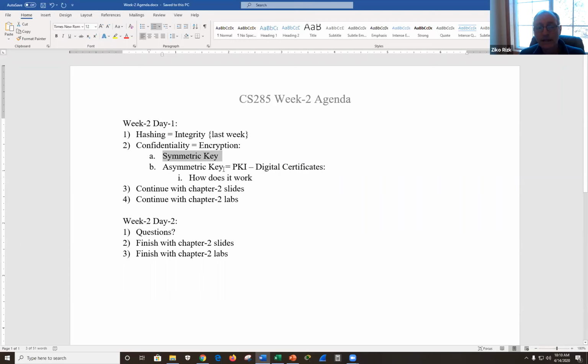And asymmetric requires a digital certificate. And when a computer creates a digital certificate, they always create two keys. And this is really important. They create a private key, and just like it says, it's private. This is for you to keep, for the enterprise to keep and not share with anybody. And the other one is a public key. And the public key is public.